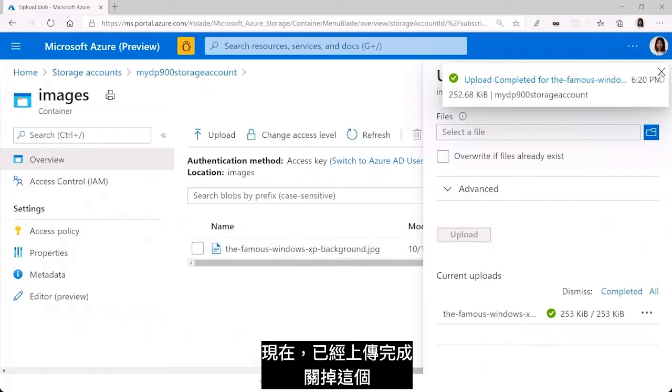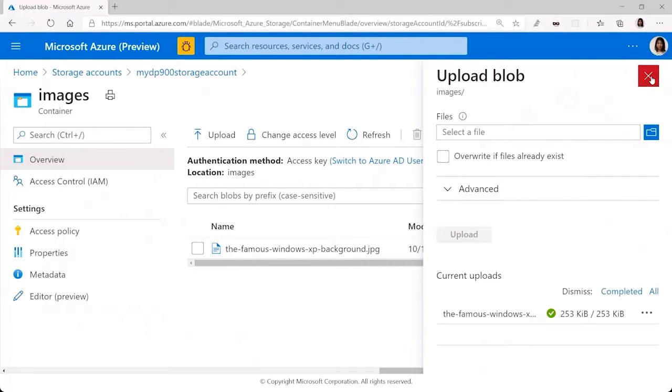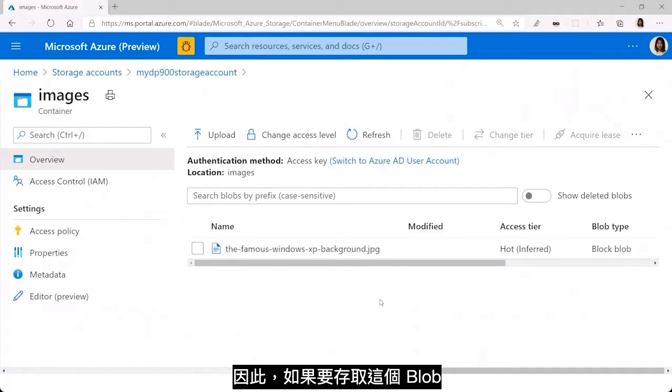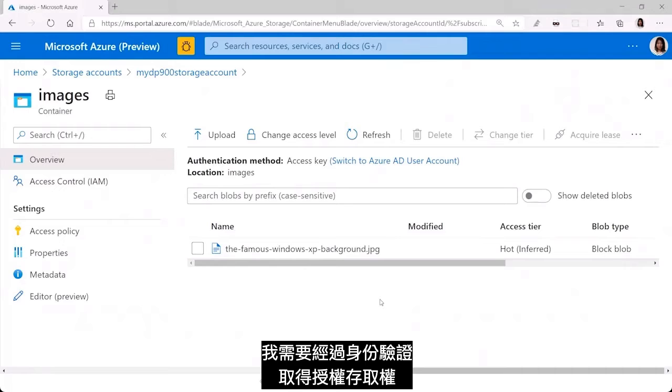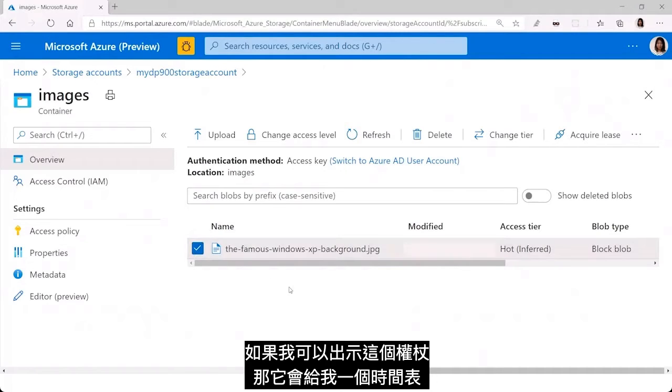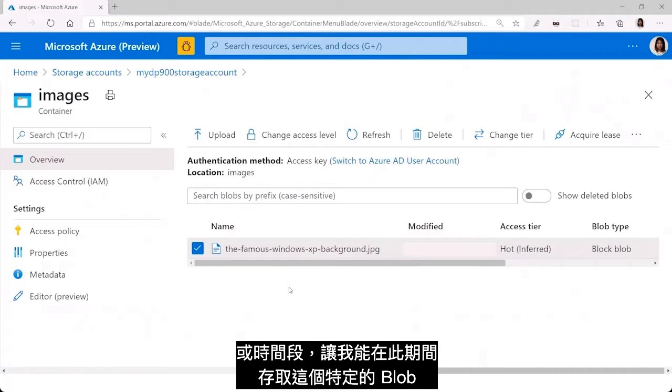Now that's been uploaded, so I'm just going to close out of this. Because I've set the container to have private access only, which means there won't be any anonymous access at all, to be able to access this blob, I would need to get some sort of authenticated or authorized access rights to it. So what I can do is grab a SAS token, which gives me a time period with which I get authenticated access to this particular blob